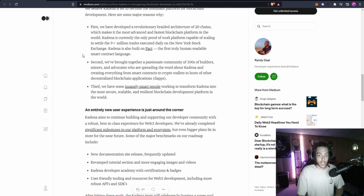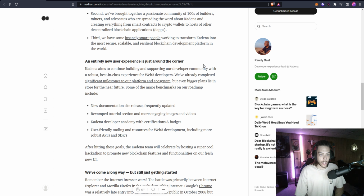But second, we've brought together a passionate community of hundreds of builders, miners, and advocates who are spreading the word about Kadena and creating everything from smart contracts to crypto wallets to host our other decentralized blockchain applications. An entirely new user experience is just around the corner. Kadena aims to continue building and supporting our developer community with a robust, best-in-class experience for Web3 developers. We've already completed significant milestones on our platform and ecosystem, but even bigger plans lie in store for the near